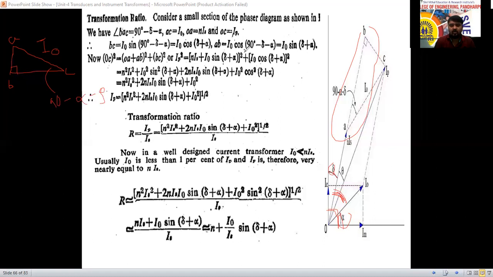Next, what we have to do, this one is I naught, then according to this: opposite, adjacent, hypotenuse. By considering this one, this adjacent is there. We can write this one as I naught into sine of, sorry, not sine, cos, na? I naught cos of